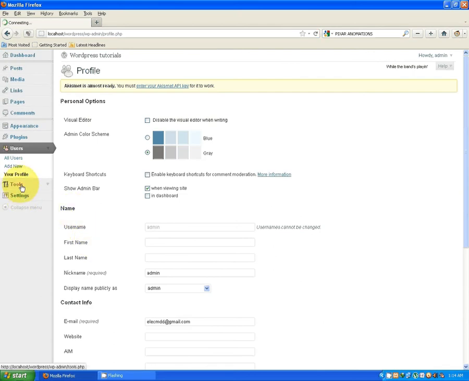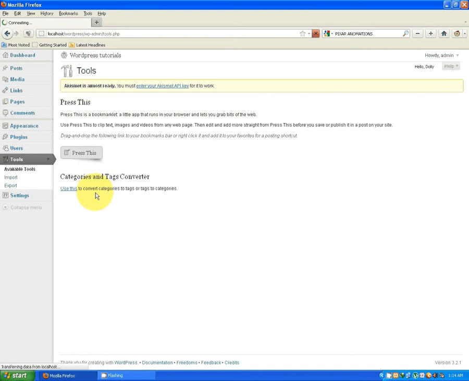On the tools menu on the left hand side, just click on this one. Actually, these are tools to import or export from other blog platforms like Blogger and LiveJournal, etc. Press This is the first tool available right now. So it is a bookmarklet, a little app that runs in your browser and lets you grab bits of the web.